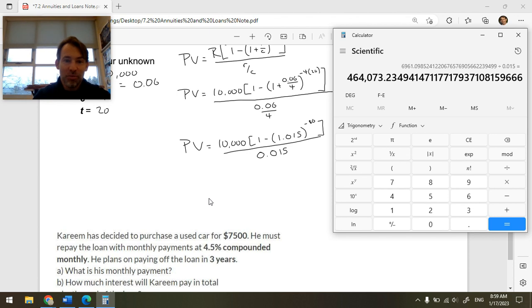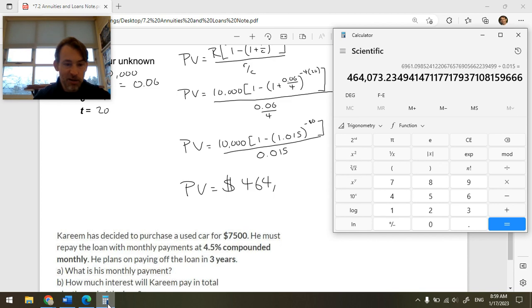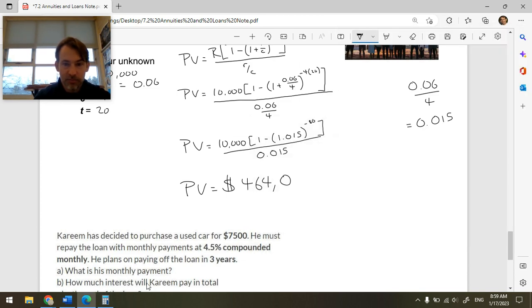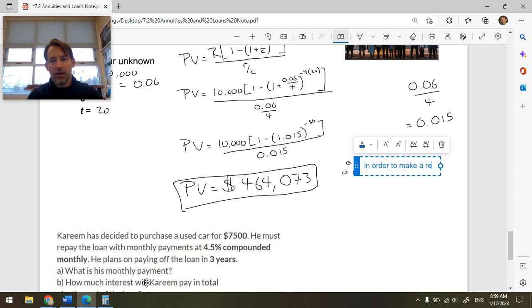Ouch. The present value required is equal to $464,073. Okay, so let's write a therefore statement. Therefore, in order to make a regular withdrawal of